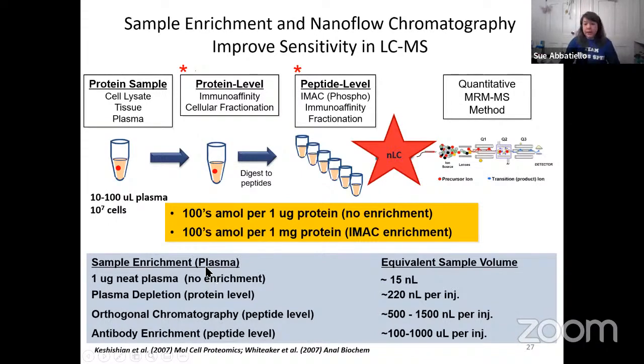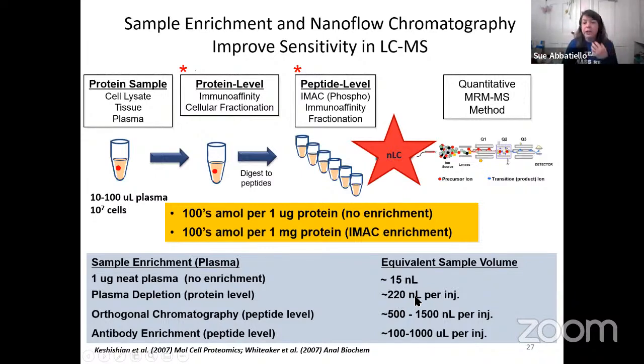This sample enrichment process, I'm just walking through some numbers with you, starting with plasma, just so you get an idea of what they do. So plasma is about 50 to 70 milligrams per milliliter of protein content. So if we want to analyze only a microgram, it winds up translating to 15 nanoliters of plasma. Obviously, we can't work with such a small volume, so we start with more and then dilute before the analysis. But if we were to do a protein level enrichment, so for plasma, let's take away the top 14 most abundant proteins to look at the more interesting ones. If we bring that sample after depletion back to that same starting material volume, it's about 220 nanoliters of neat